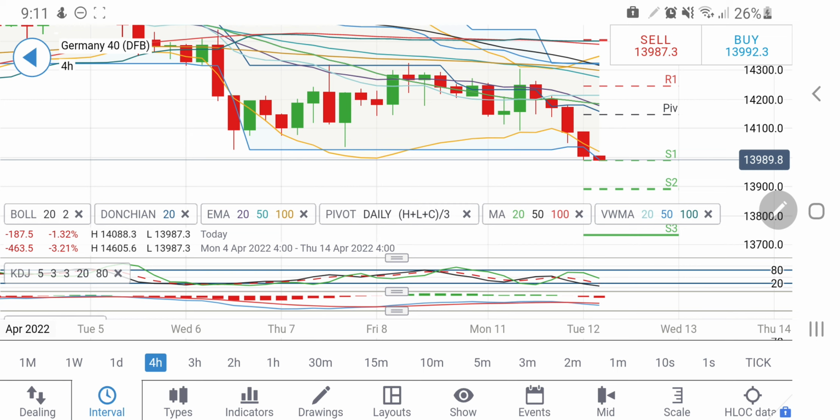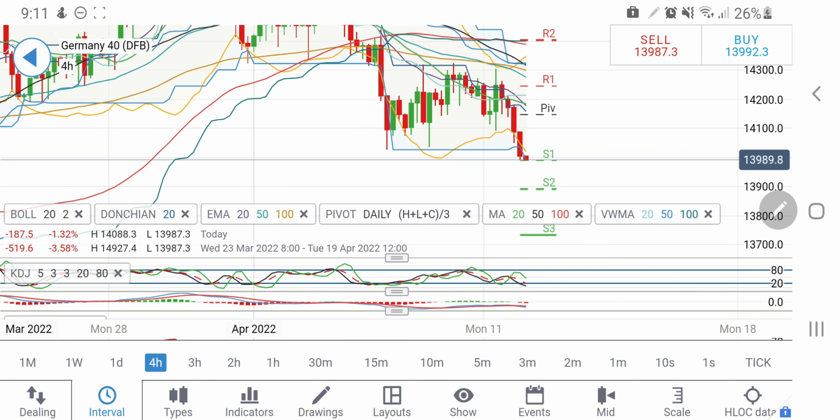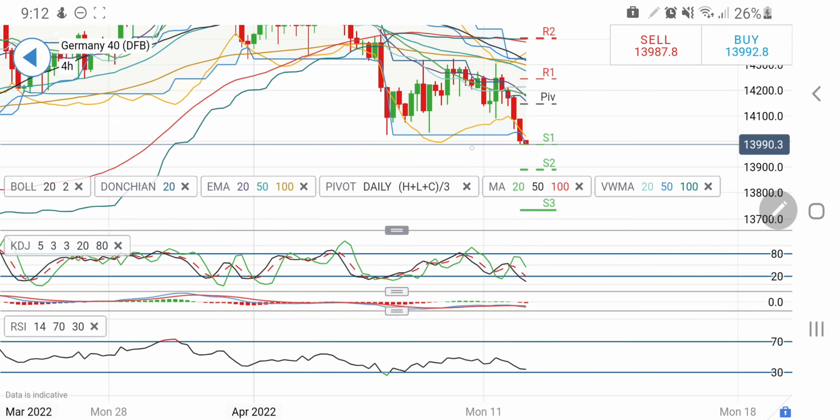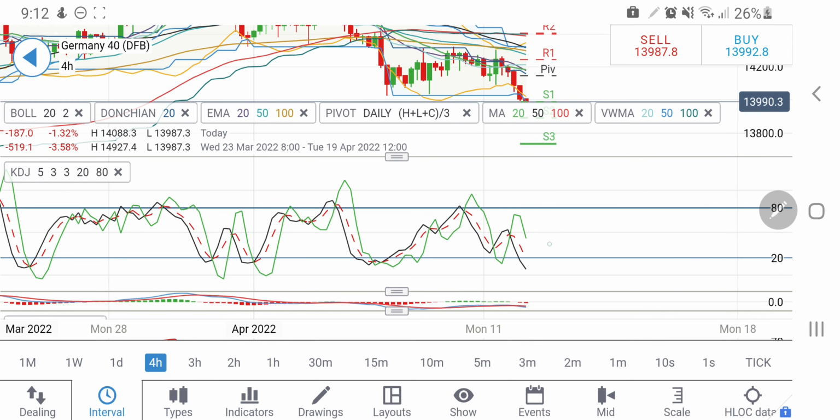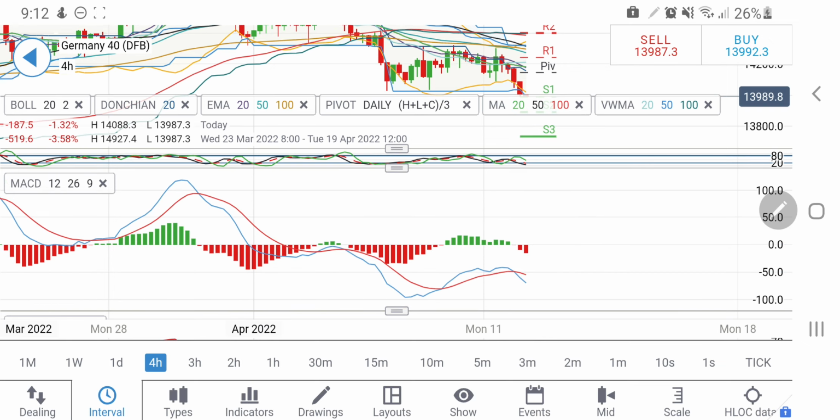Look at the 4-hour charts now. On the 4-hour chart, see, this was the consolidation zone. Now it has come out of this zone and is trading with a sell here. So a probable drop can be expected. Once it drops below 13,980, we can expect it to drop sharply towards 13,900, and then towards 13,800 levels also. Look at the 4-hour stochastic indicating an extremely oversold zone, and whenever it enters the extreme oversold zone, it must try to bounce back from here.